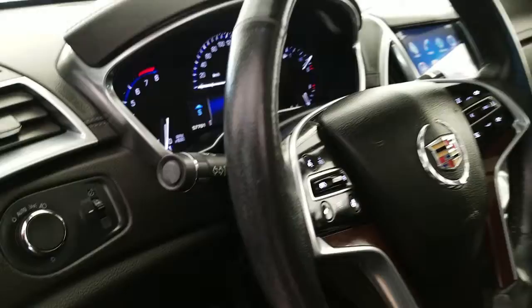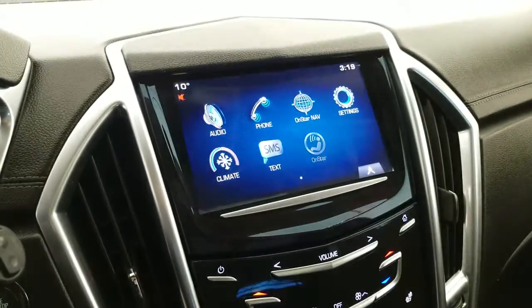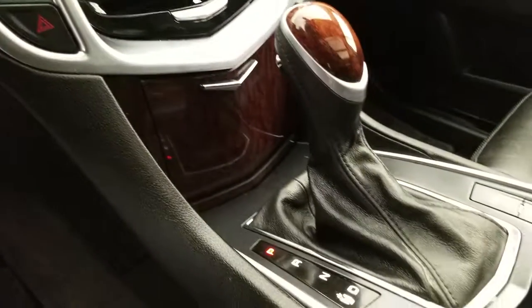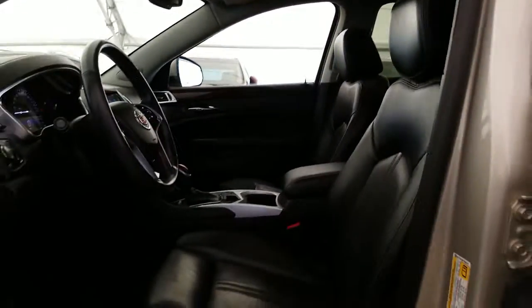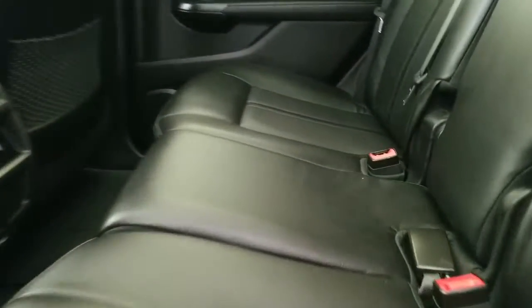heated steering wheel with the hands-free controls, multimedia display with the integrated backup camera, heated front seats, electronic parking brake, park assist sensor switch, eco mode, panoramic sunroof, black interior in next to new condition,